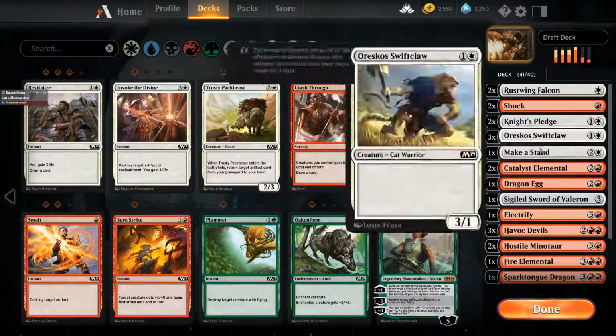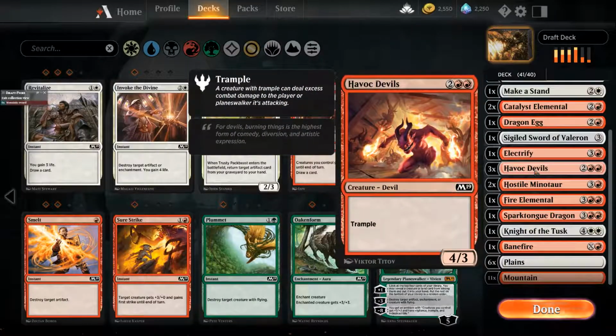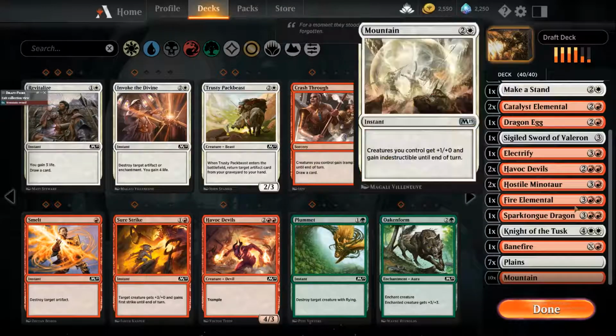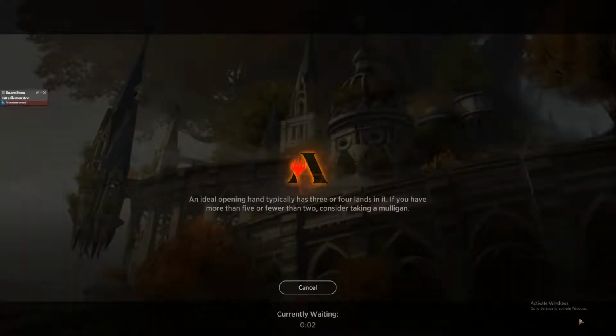Drop one of those. And these aren't haste, so I'm going to drop one of those. Why not? Let's go for it. What's the worst that could happen? 0-3? I still get a booster pack, right? I still get to keep...